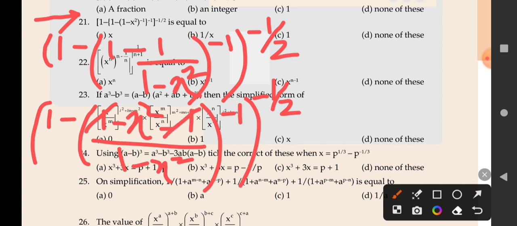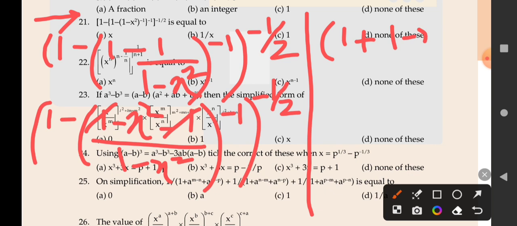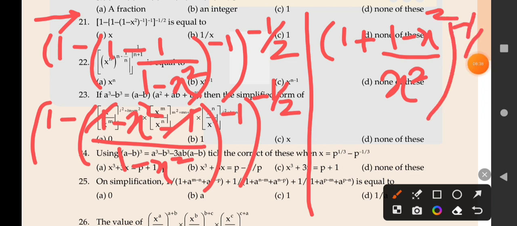So 1 and minus 1 cancelled. So what do we have now? We have 1 plus 1 minus x square divided by x square, this is square